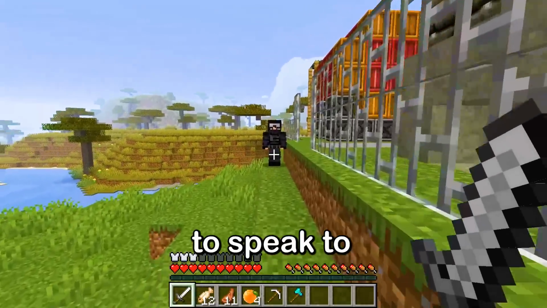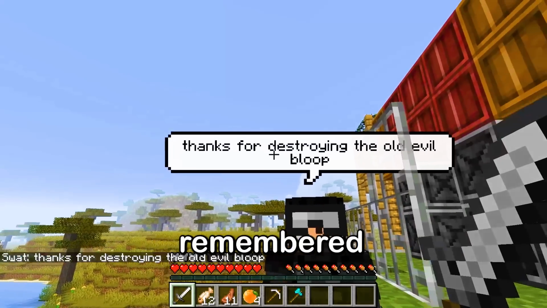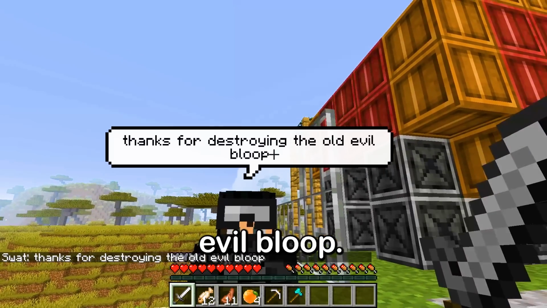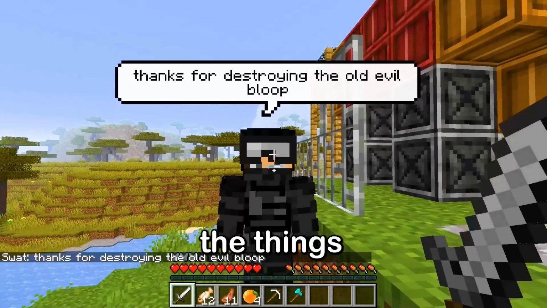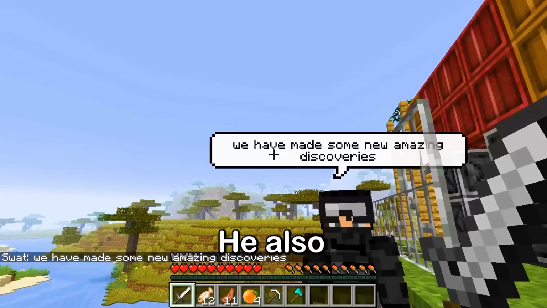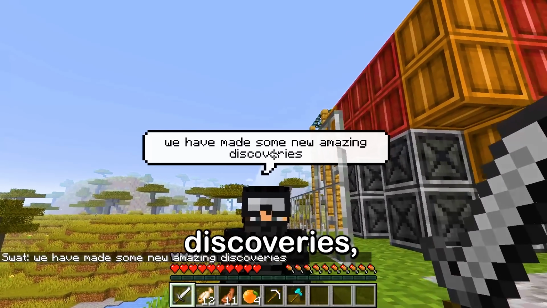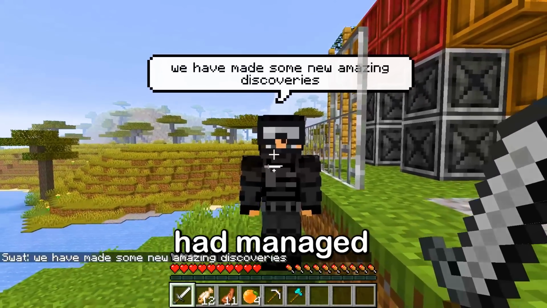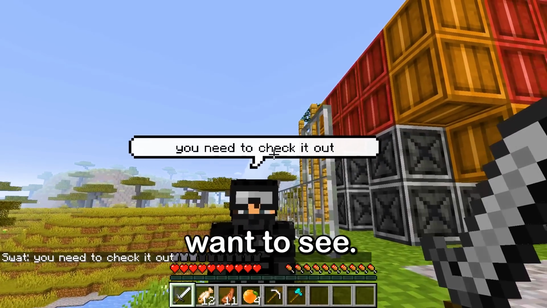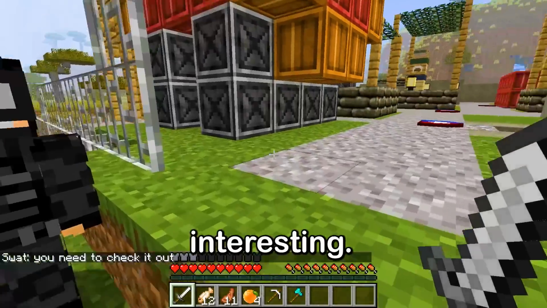So I decided to speak to this man who was outside of the facility, and he actually remembered some of our old adventures. He said, "Thanks for destroying the old evil BLOOP," and he also mentioned many other things that I can't even talk about because it was a top secret mission. He also told me that they had managed to find some new amazing discoveries, which, like I said, I really did want to see. Knowing that we were on the BLOOP family seed was definitely particularly interesting,